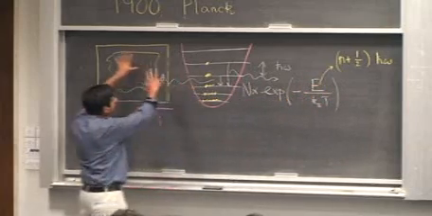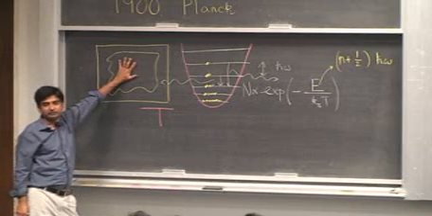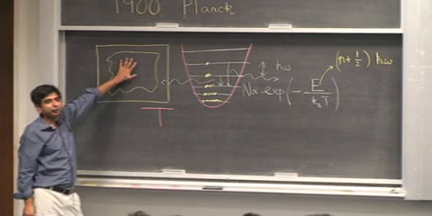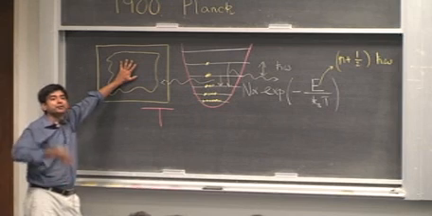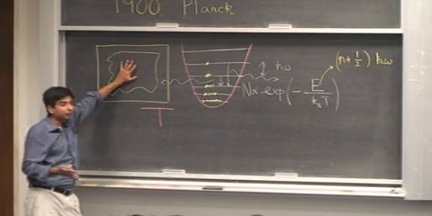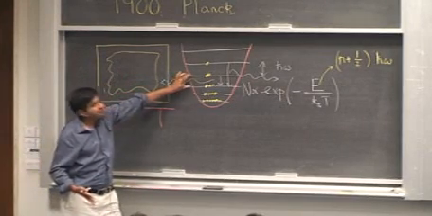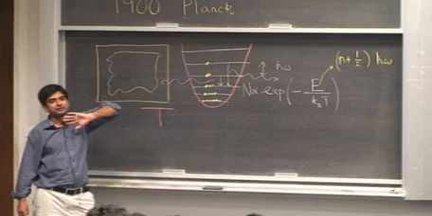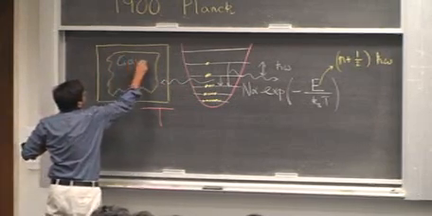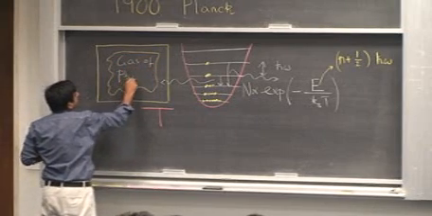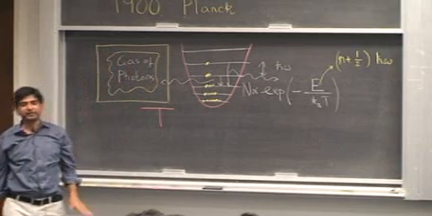So if you leave this object for a certain amount of time, you will have photons collecting inside the cavity, right? And those photons will have certain frequencies. They will have frequencies omega, 2 omega, 3 omega, 4 omega, 5 omega, and so on, corresponding to the spacing between these energy levels. So with time there will be a gas of photons. And this radiation is called black body radiation or cavity radiation.